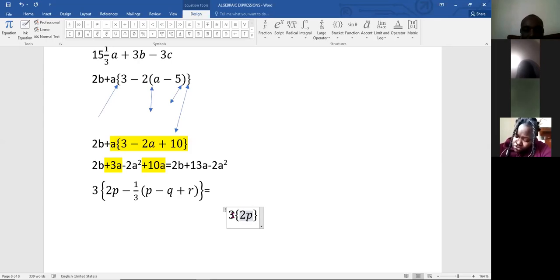The one which is different now is here. You're going to have minus 1 over 3p times p. So negative 1 over 3p multiplied by p, and the answer is going to be, let me insert the fraction there, here is supposed to be minus